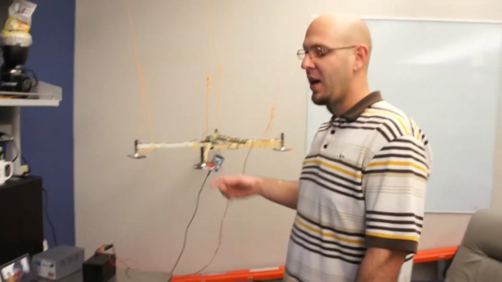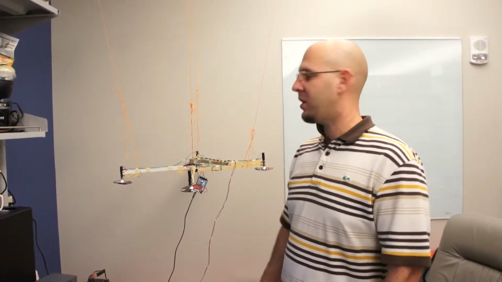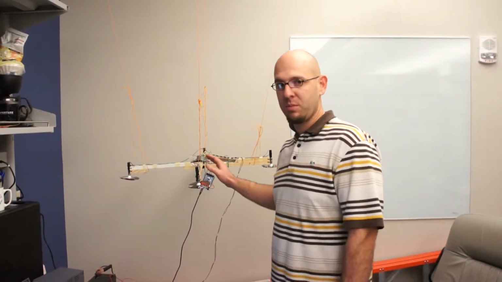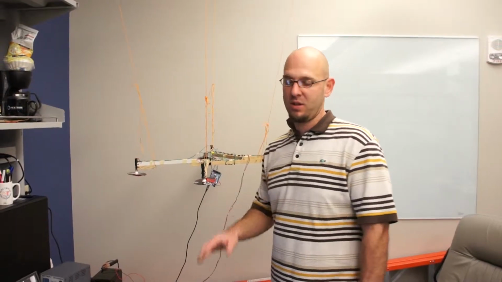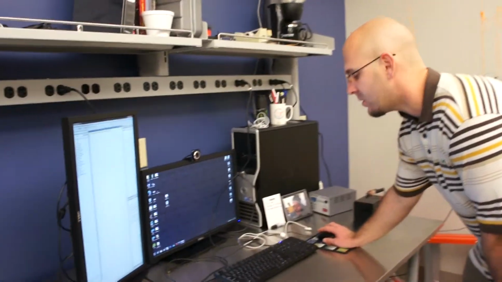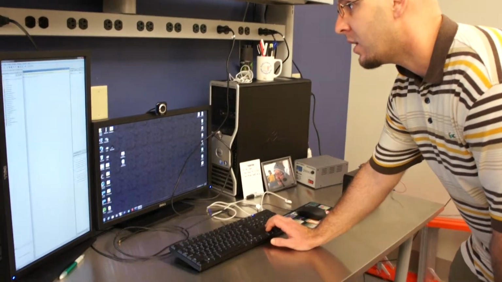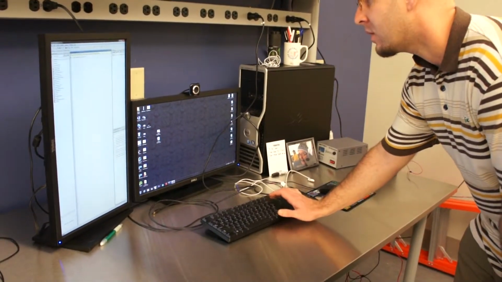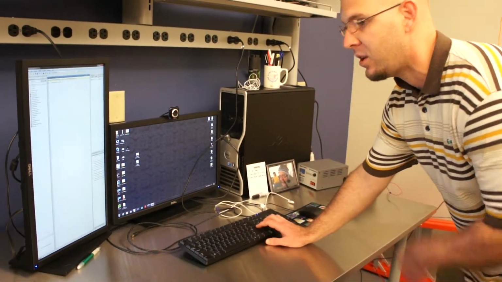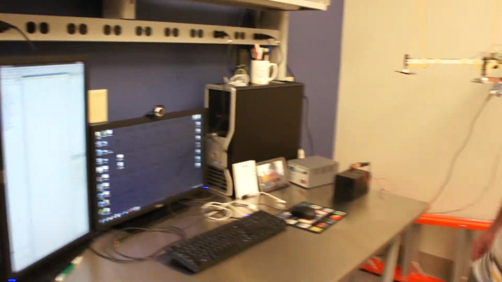Eventually we're hoping to have a feedback control system on the brains of the quadcopter itself, where it takes this information about its pose in 3D space and uses it to stabilize or do path planning for the quadcopter. So the system I have is using Matlab to control the camera and process all the images. Right now I'm going to run the system. We'll do 30 iterations. I'm going to press go here,